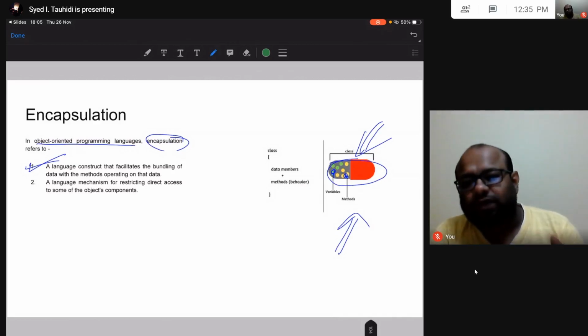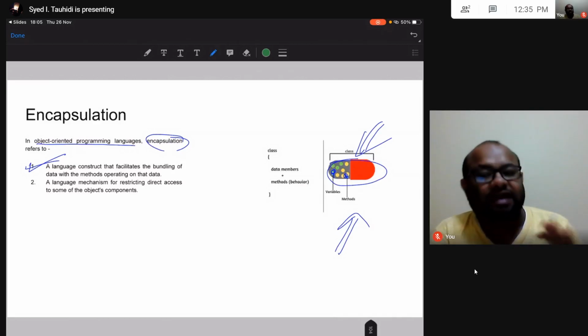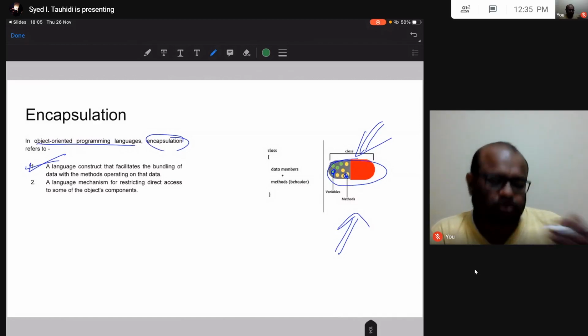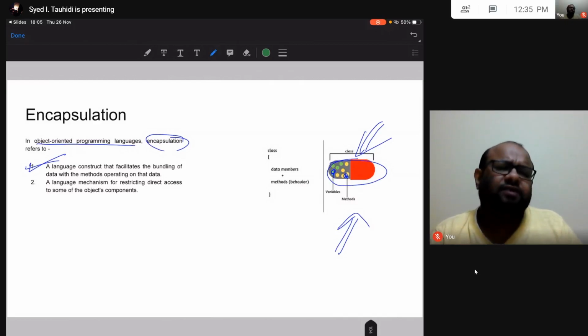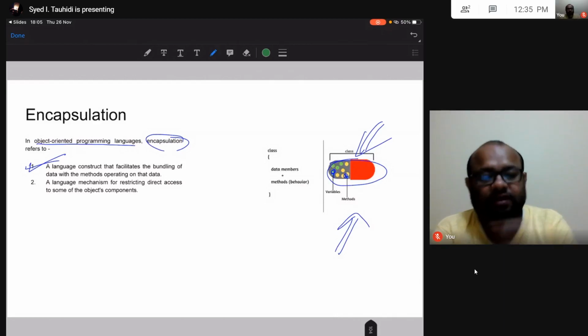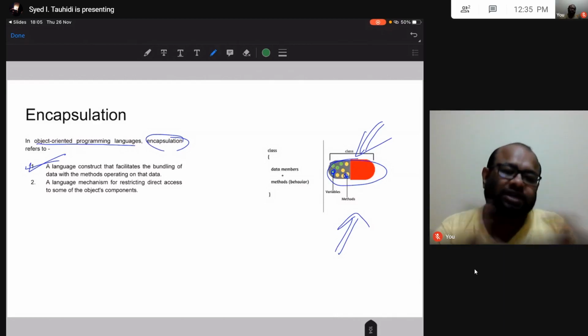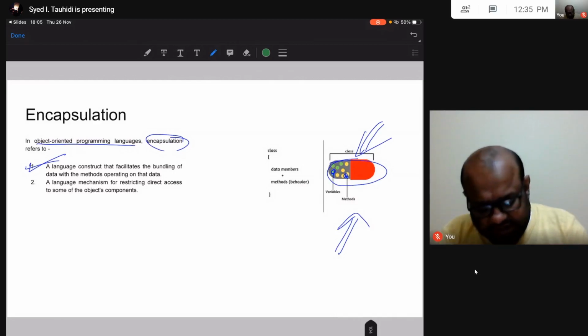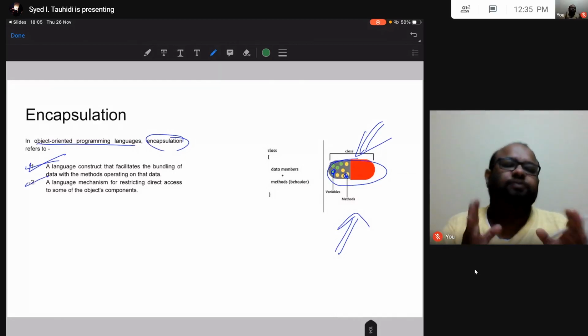It is a language mechanism for restricting direct access to some of the object's components. We do not want to make everything available for everyone to see. We want to hide some of these things. This is one more mechanism, and this is also encapsulation. So these are two distinct viewpoints, and both of these are encapsulation.